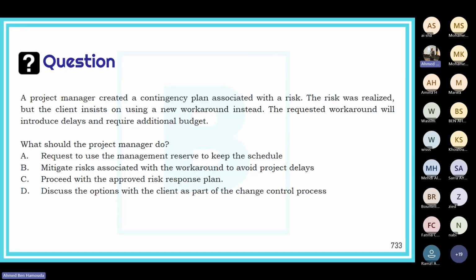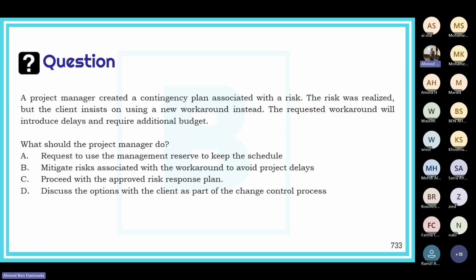Okay, let's have a few questions. A project manager created a contingency plan associated with the risk. The risk was realized, but the client insists on using a new workaround instead. The requested workaround will introduce delays and require additional budget. What should the project manager do? Request to use the management reserve to keep the schedule, mitigate risks associated with the workaround to avoid delays, proceed with the approved risk response plan, or discuss the options with the client as part of the change control